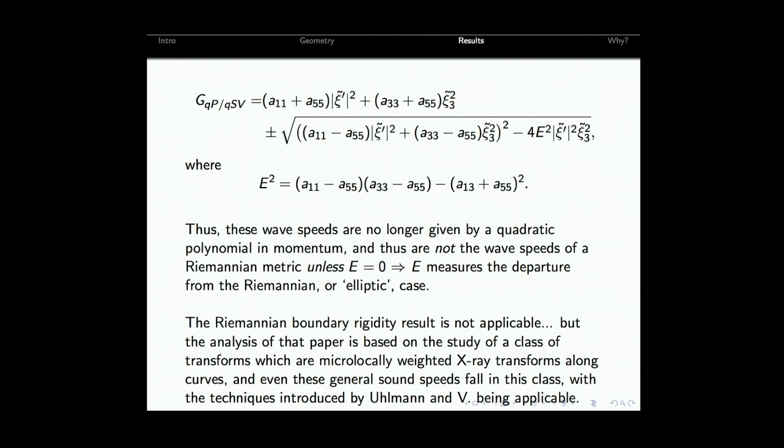So that's sad, because really the proof of the previous theorem is about a page, given the Riemannian result. So that's really neat. But now it's not applicable. But the important thing is that the analysis of the Riemannian boundary rigidity paper is based on studying a class of transforms which behave like, microlocally, so in phase space, weighted X-ray transforms along curves. And even this generalized one, with this crazy-looking square root, looks like a mess, but it doesn't matter. It's a special case of this class of transforms that